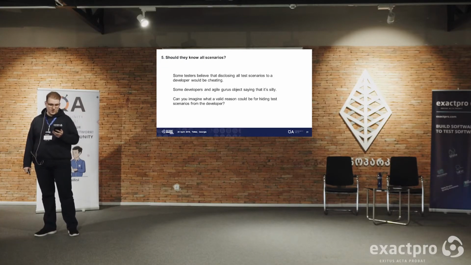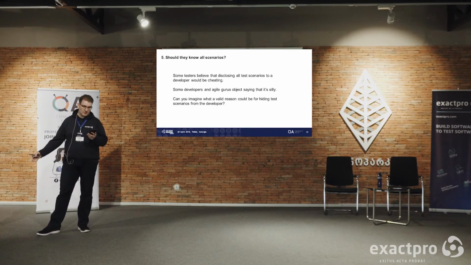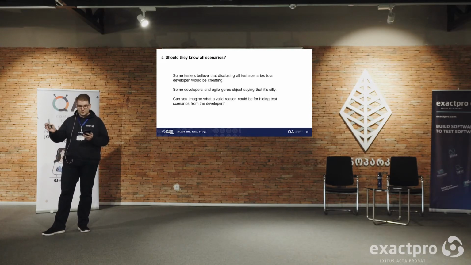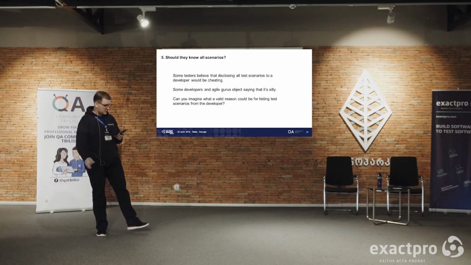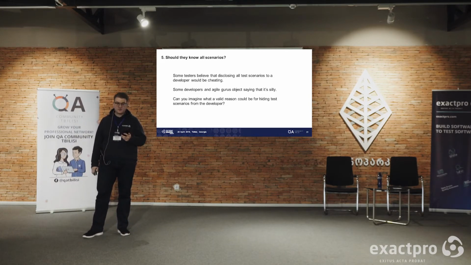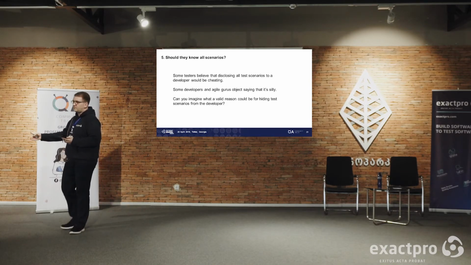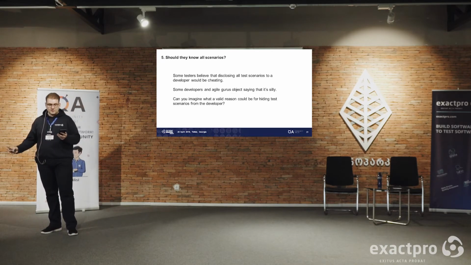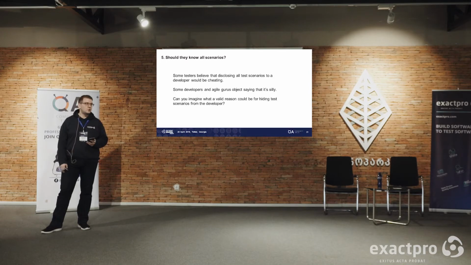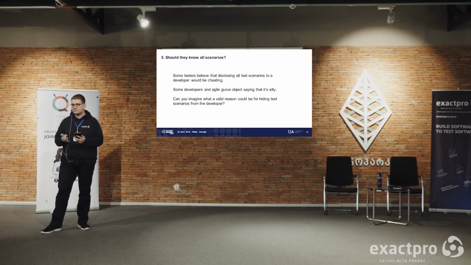So, what can be a valid reason for hiding some of the test scenarios from the developers? Imagine two different situations. First, you need to create a robot that will go via remote control. You will control all this robot's actions. It is simple, but if you need to create a robot that goes into a building, and then this robot will have to do some manipulations inside this building without any control,